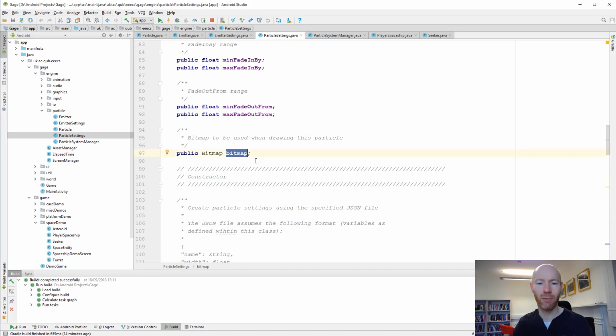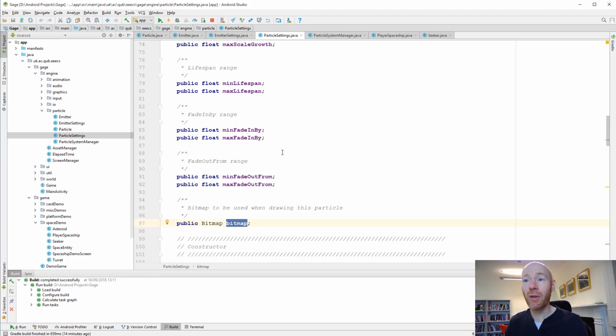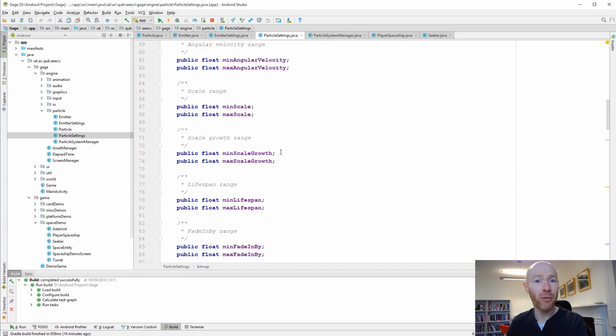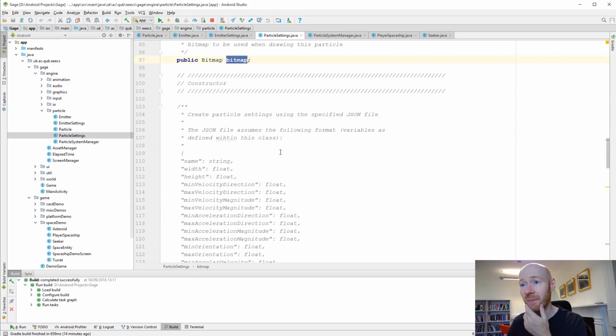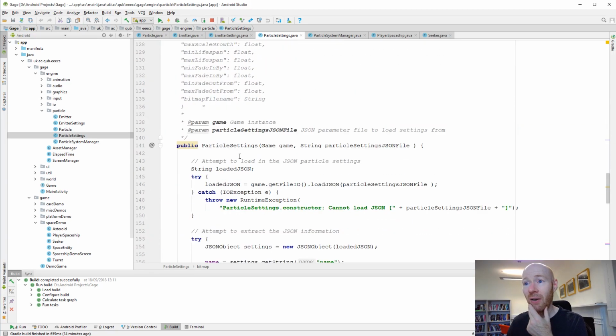And bitmap, I don't have any. You could put in a whole range of bitmaps if you wanted to have several different options. The particular implementation here says for a set of particle settings there's only one bitmap that we're using, but that's just an assumption. You could enrich that if you wanted to. So again, particle settings is a bunch of values. That's it. What I have down here, I do actually have a constructor for this because we will build, generally